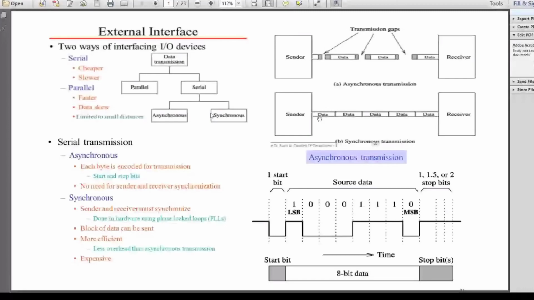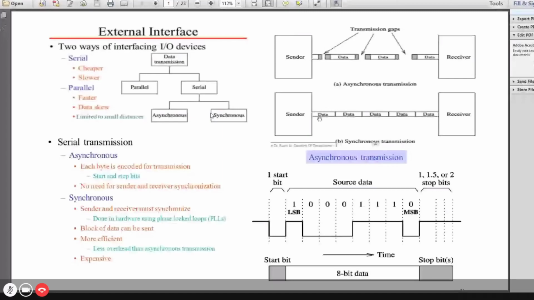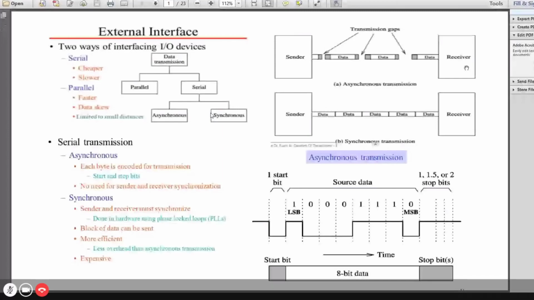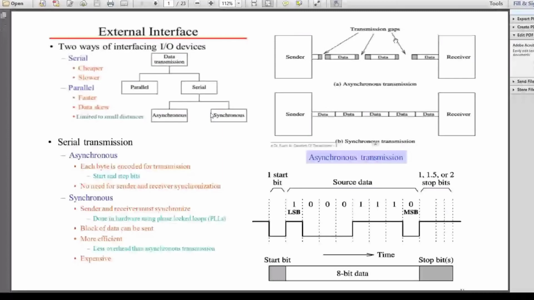In the case of asynchronous, the sender rate may be different, the receiver rate of reception may be different, and there may be breaks in between the data to be transmitted. Okay, so this is about the basic methods of serial communication available.